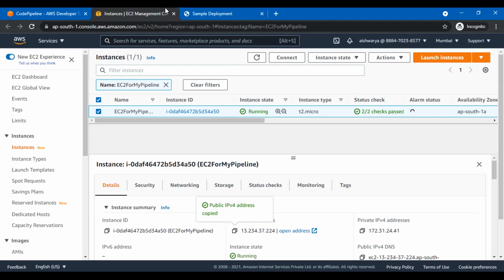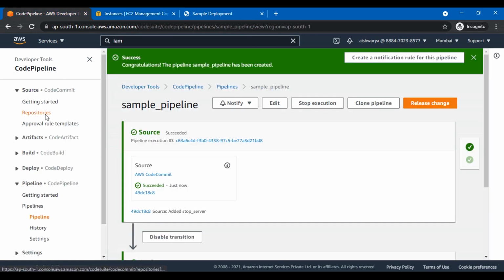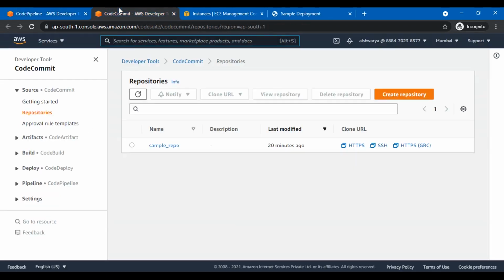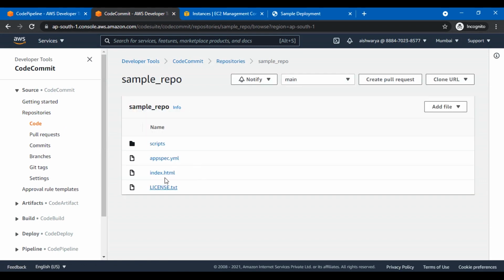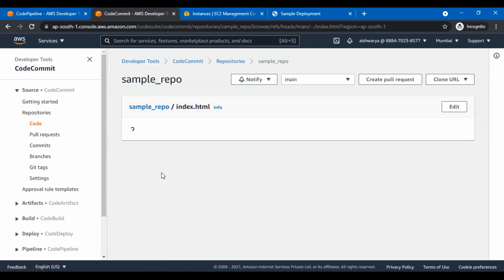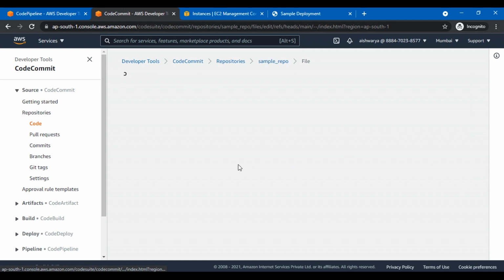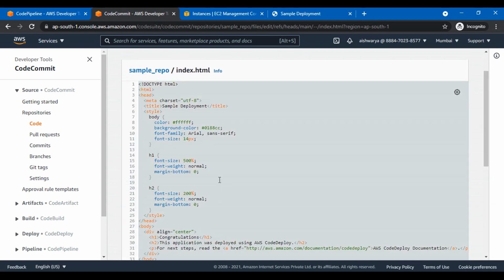index.html. So what I will do next to show you is just go to the source, go to the repositories, and here we go to the repositories. Click on our repository, and then let me open index.html, and I will replace the content of this file with the new contents. Okay, so just changing the content of this file.